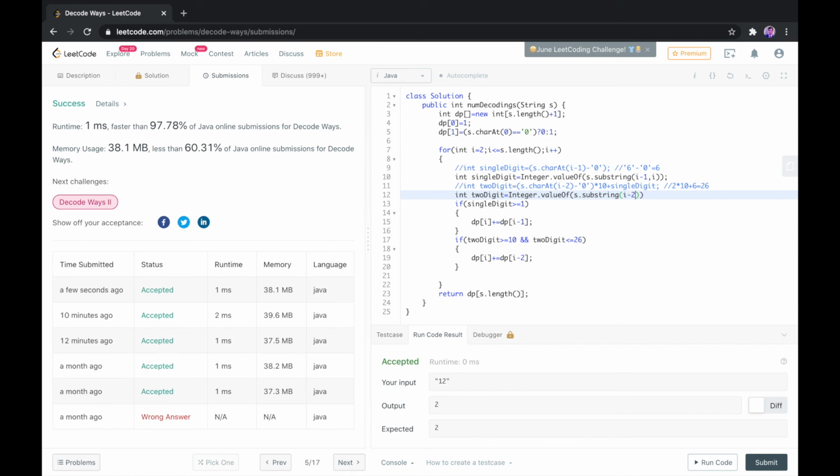In this case, we use i minus 2 and i, and we do not have to multiply by 10 and add the single digit to this particular line, since we are extracting both characters and do not have to extract them individually. Now let's run the code and check if it is working.